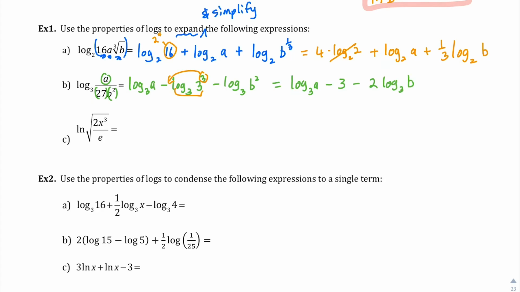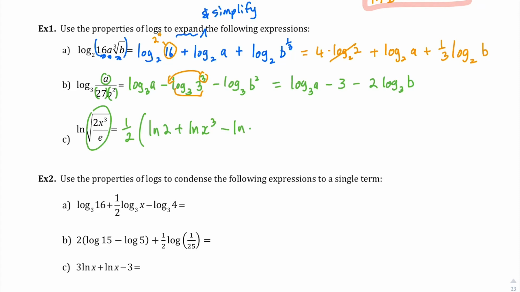Okay, and this time we have base e, so ln by definition is log base e. The entire 3 terms that we have are all being square rooted, and so each of them is going to have a power of 1/2. And so I'm going to simplify that by simply putting that 1/2 at the front and then writing out my logarithms. And so ln of 2 plus ln of x cubed